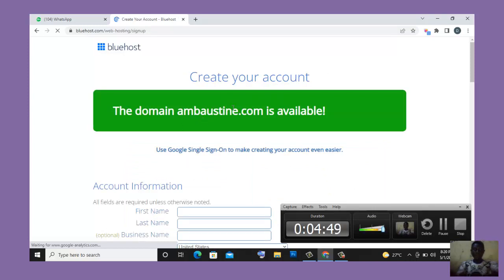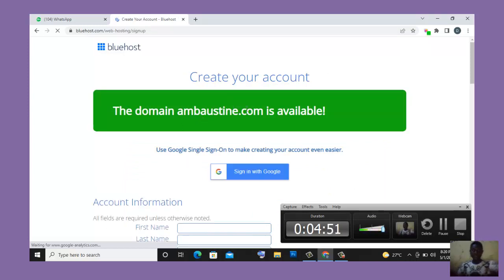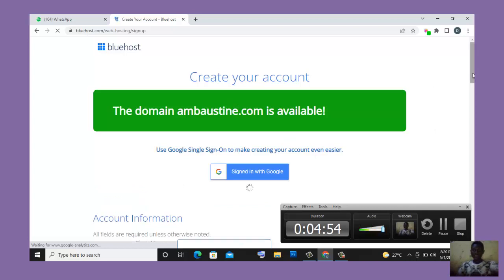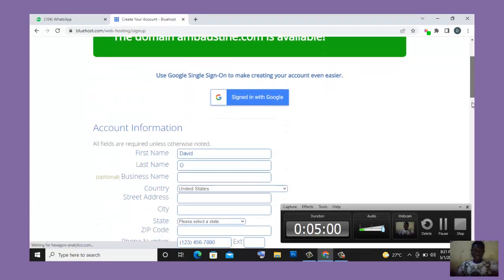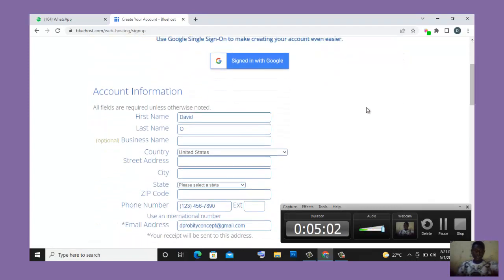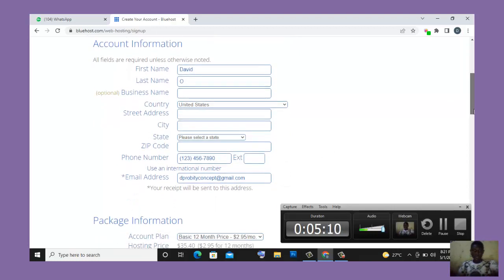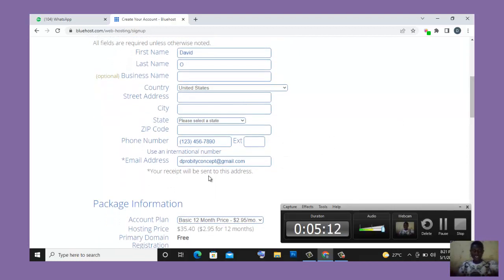So you can see Austin with E is available. Once you see that the domain name is available, you can now proceed with your registration. So what you just need to do is to fill in your details: your first name, your last name, your business name, and every other detail as accurate as you have it on your listing. So this is my email address,